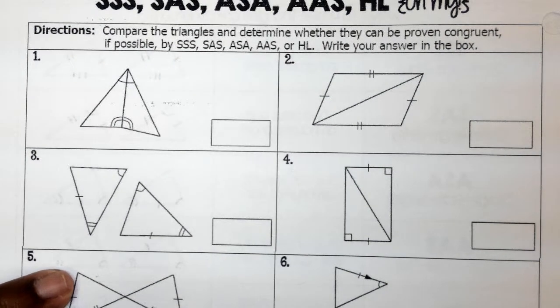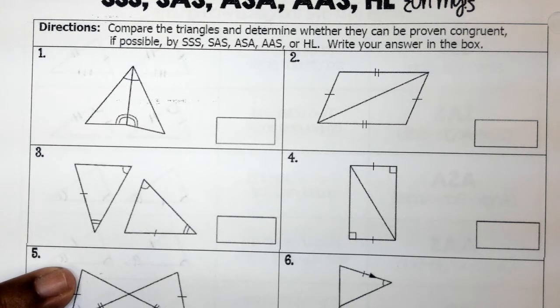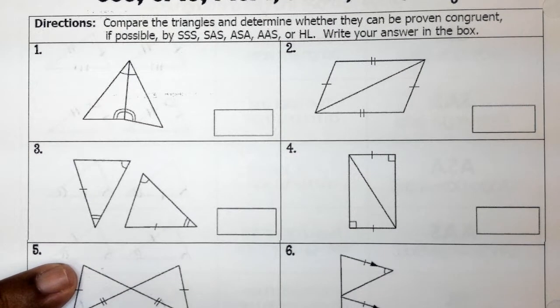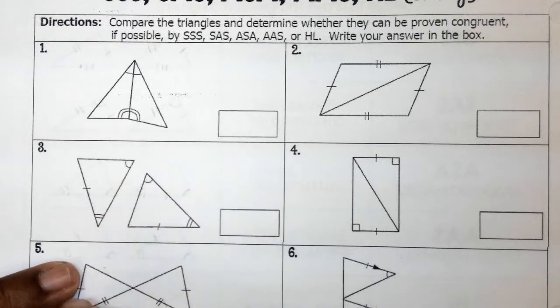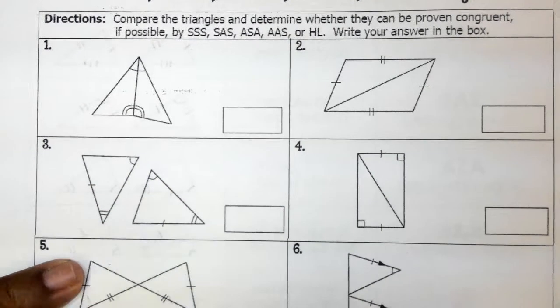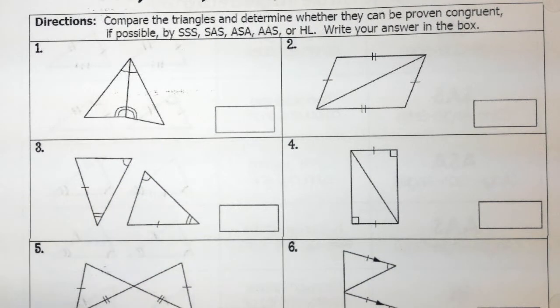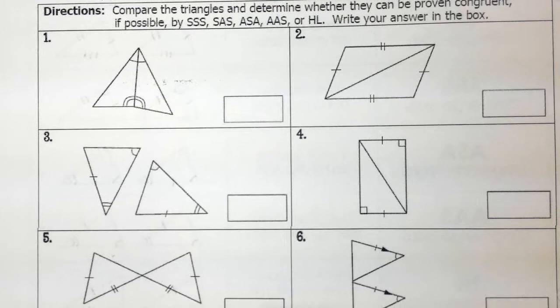This first one, now on the back, I want to explain to you first, and I said it up front. The ones on the front, the examples, all of them are facing the same way. That's just because they're examples. They're just helping you get started. Most of the time when you see these, they won't be facing the same way. They'll either be connected or turned different ways or whatever. But you should still be able to see the relationship between the two triangles